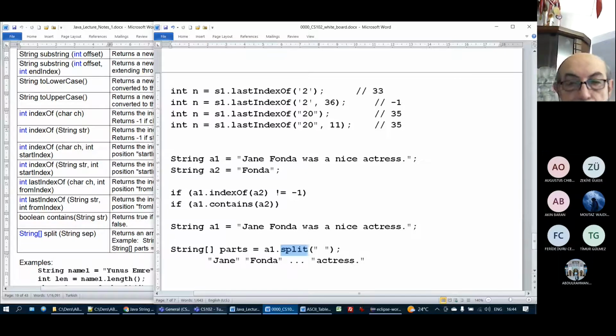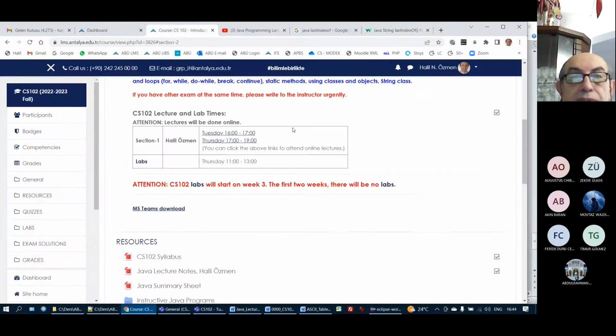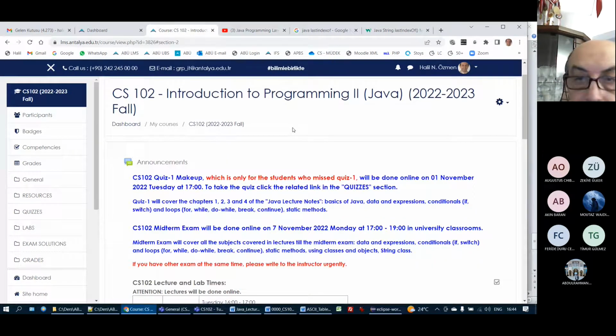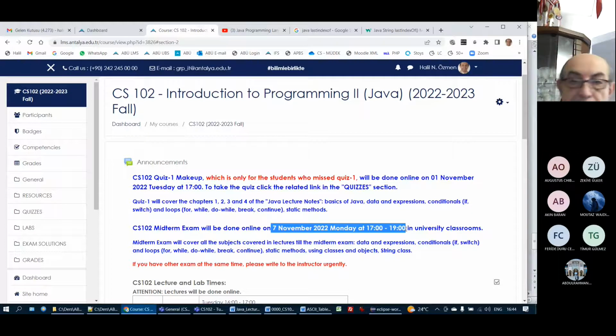By the way, the midterm, you have probably seen in CS102 in LMS, will be done next week, Monday at 5 o'clock in university classrooms. I will announce the classroom here in a few days. I will be coming to Antalya for the midterm, and I will be in the exam. So you will be able to ask questions to me. The exam will be 5 to 7 o'clock in the afternoon